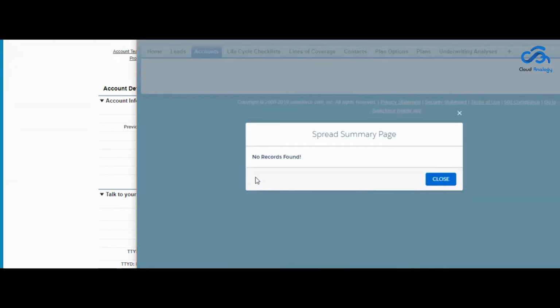Here you can see a pop-up message, and you will also find an option to continue here. If there is no record, it will show you a no record found message.